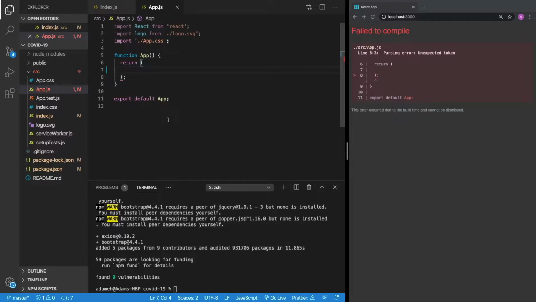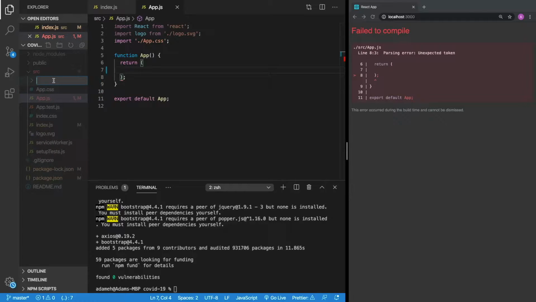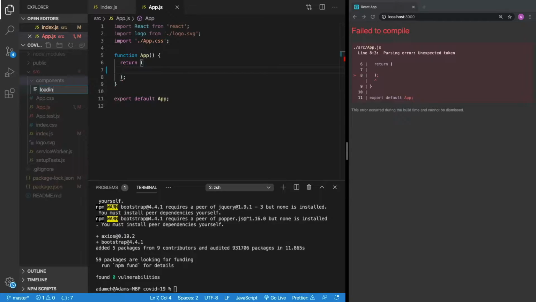At the moment, we'll get an error on the right-hand side over here in our browser. And what we're going to go ahead and do is let's just add a brand new folder, and that brand new folder will be called components. So a little bit of a typo over there, components. And inside of components, let's add a new file, and let's add a